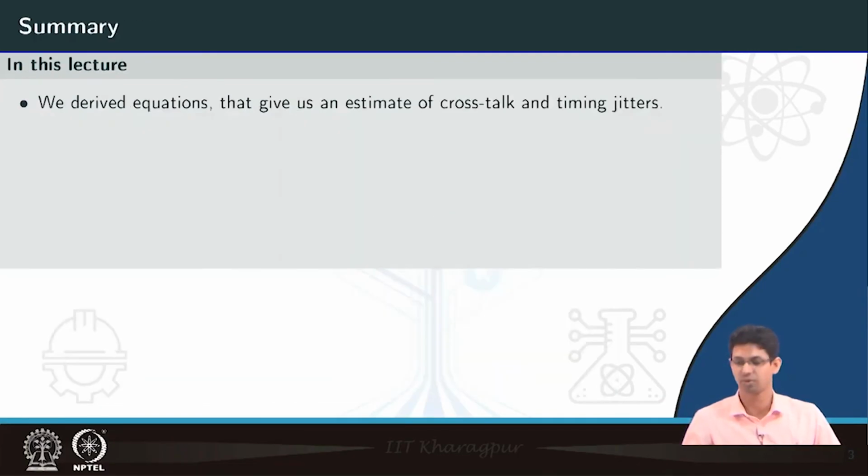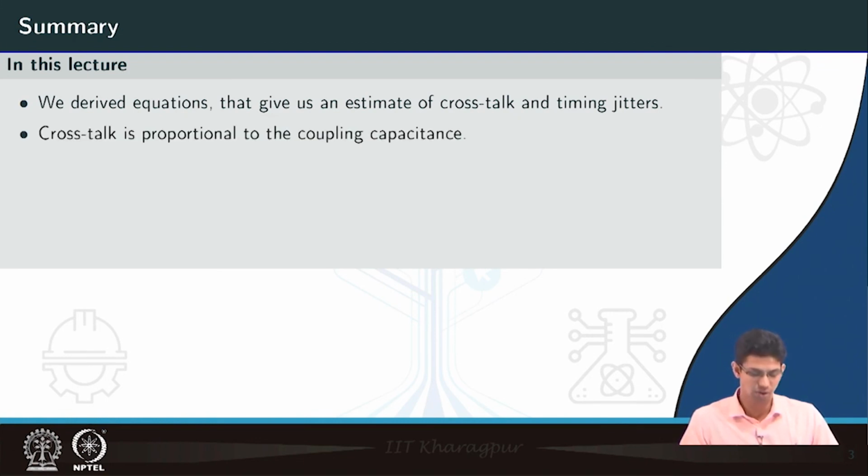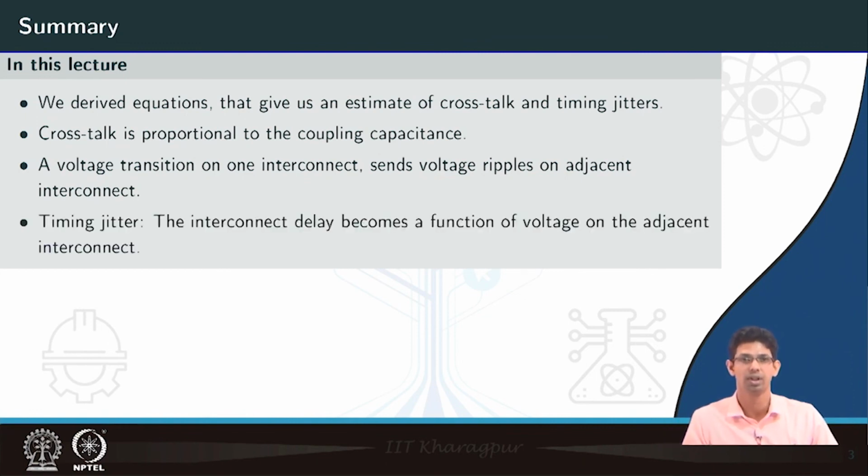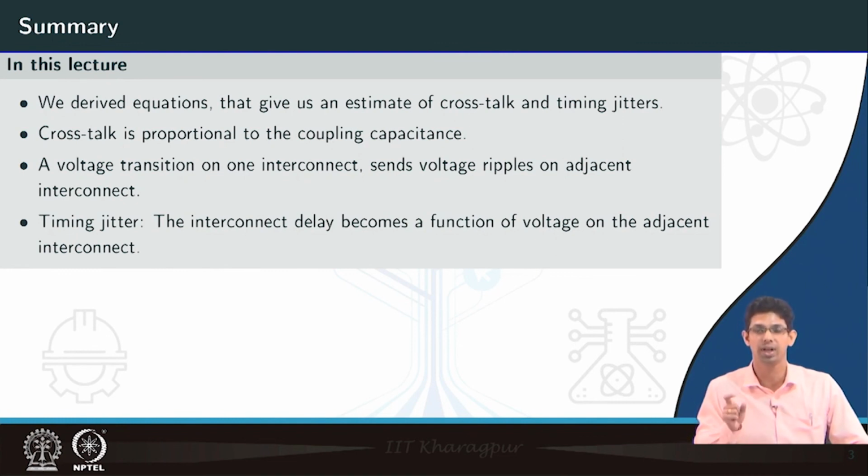So let us summarize what we have seen in this lecture. In this lecture we derived the equations that give us an estimate of the crosstalk and timing jitters. We saw that crosstalk is proportional to your coupling capacitance. Then we saw that when there is a voltage transition on one interconnect, it sends voltage ripples on the adjacent interconnect as well. And then we discussed timing jitter. So interconnect delay is not just a function of interconnect parameters, it is also dependent on the voltage on the